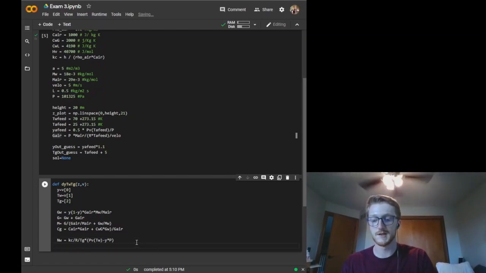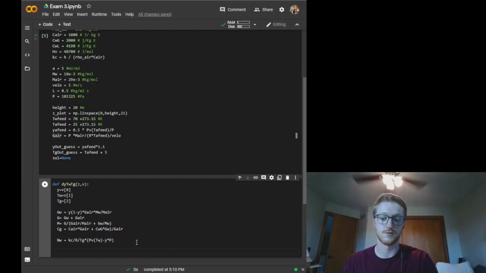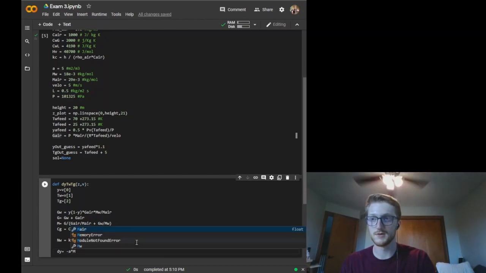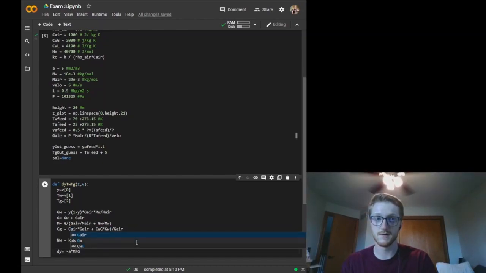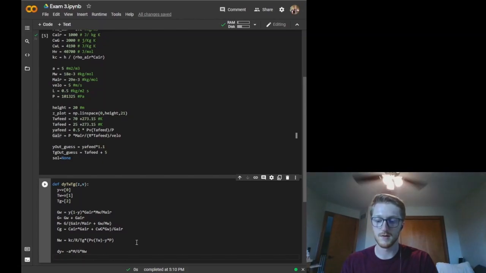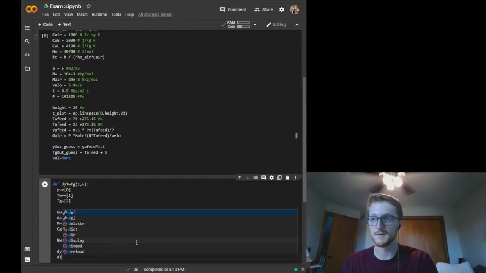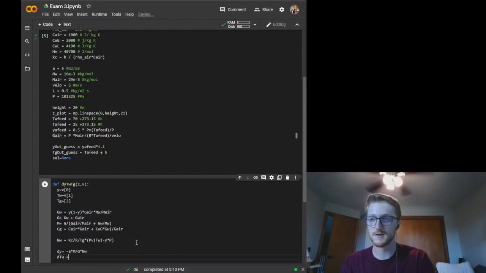And then we can go and define our differential equations. So we have our dy is equal to your negative specific area, A, times your total molecular weight divided by your total gas flow rate times that molar flux that we just defined, NW. And then we know our differential of our temperature of our water is equal to the specific area of the packing